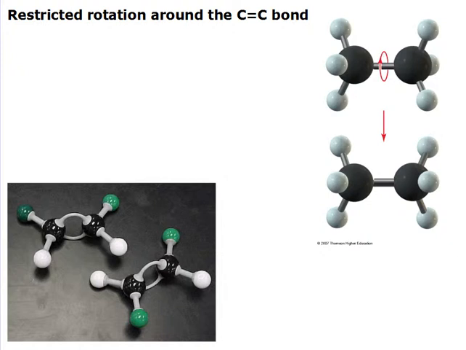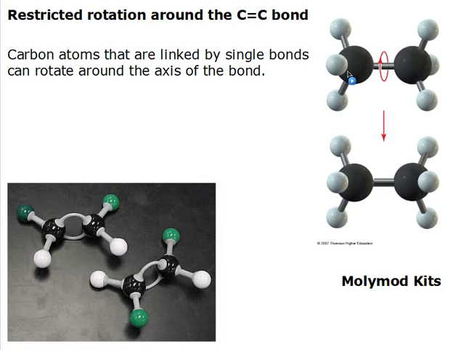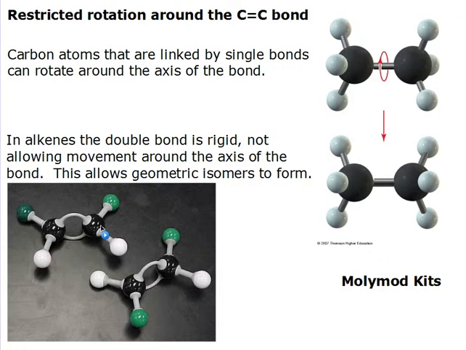Now, if you have a go with the molymod kits making an alkane and an alkene, you'll see that the single bond allows the molecule to rotate around it, whereas the double bond in the alkene causes a rigidity in the structure, and where those 2 carbon atoms are bonded by a double bond, it doesn't rotate. So carbon atoms that link by single bonds rotate around the axis of the bond, whereas in alkenes the double bond is rigid. It doesn't allow that rotation around the double bond,